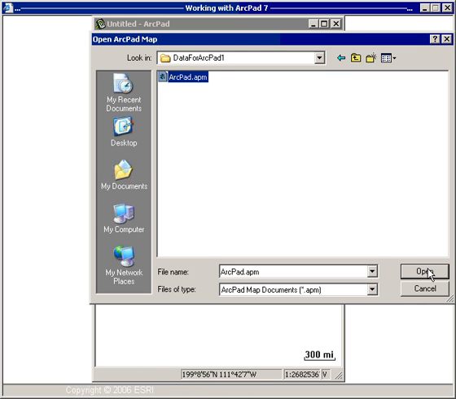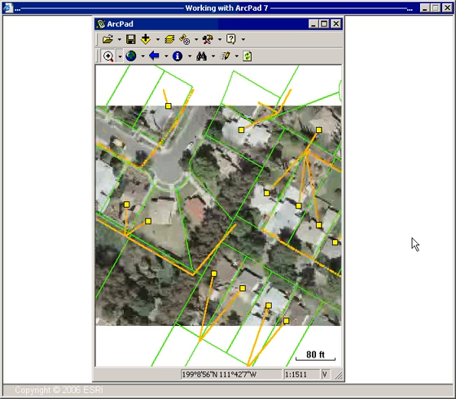Now, the first thing you'll notice is that the symbology, as well as the data, are extracted from the geodatabase. The map in ArcPad looks the same as in